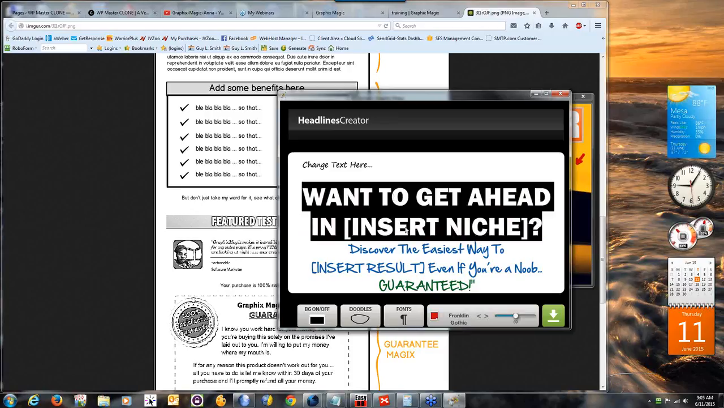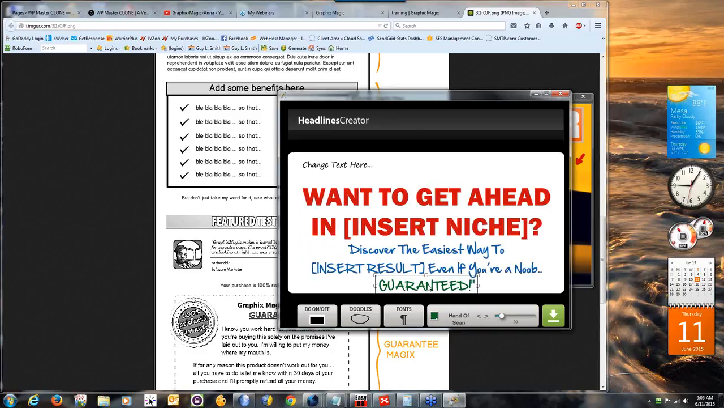Same thing with these big blocks. And you can move them around if you'd like. And then you can do background off, background on. I just keep the background on. When this saves your graphic down, it saves it as a transparent PNG. So you don't have to save a graphic